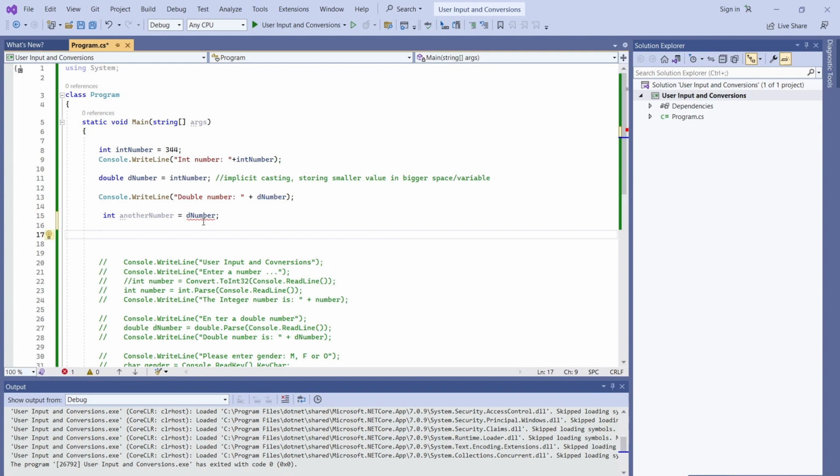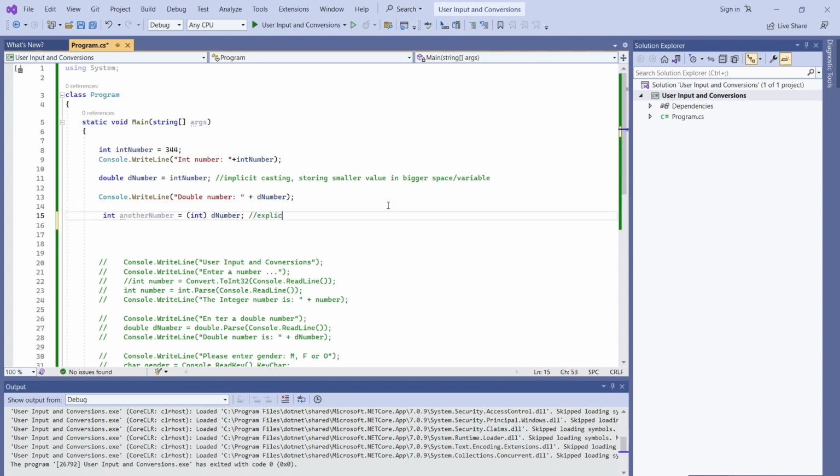As you can see, the green underline is mostly just a warning that the value is not in use. But with the red one, the compiler will not let you execute the code until we fix it. If you hover the mouse on this, it gives you an error message. It says, you cannot implicitly convert type double to int. An explicit conversion exists. Are you missing a cast? So what we need to do,